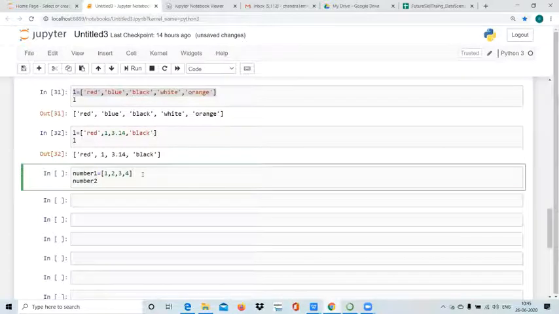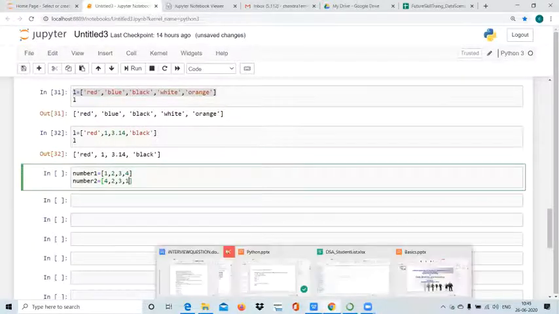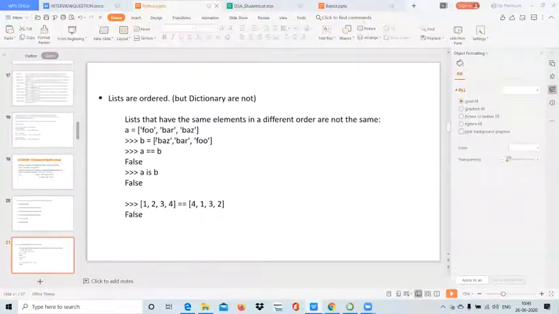Number 2 is 4, 2, 3, 1. See, both number 1 and number 2 are of the same type, but the order is different.